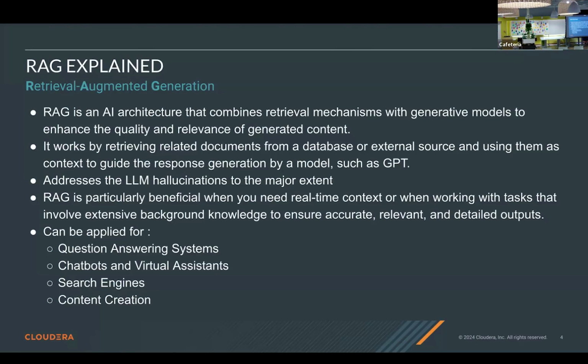The majority of the use cases for RAG can be question answering systems, chatbots, search engines, and whatnot. If you notice, these use cases are not majorly related to RAG itself. These are typical AI use cases. But what RAG does is increase the accuracy and overall quality of the output which we get from the LLMs. So that's why we use RAG